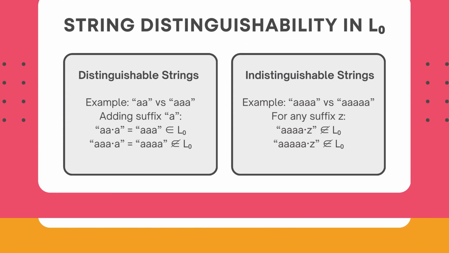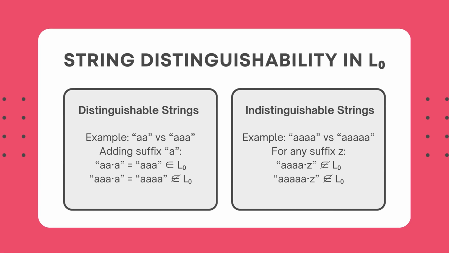And this one illustrates string distinguishability. In the left box, AA and AAA are distinguishable because adding suffix A produces AAA, which is in L sub 0, and A to the 4th, which is not in L sub 0. In the right box, A to the 4th and A to the 5th are indistinguishable because for any suffix z, both A to the 4th concatenated with z and A to the 5th concatenated with z will be